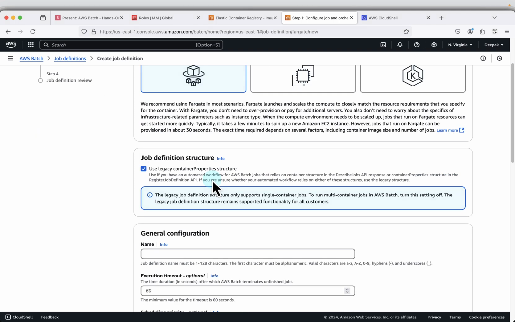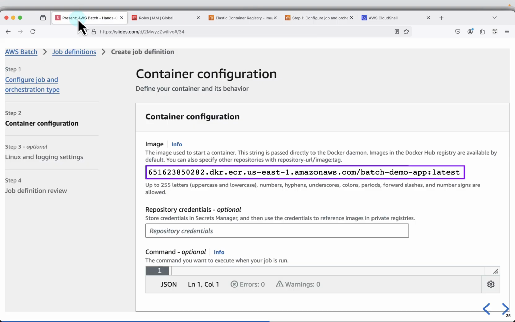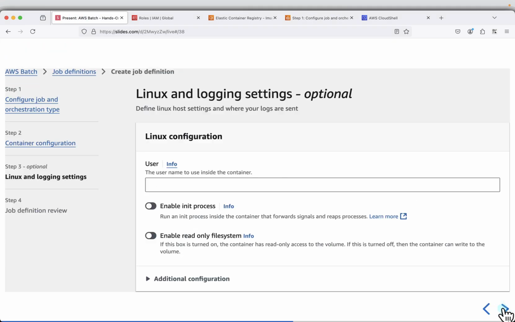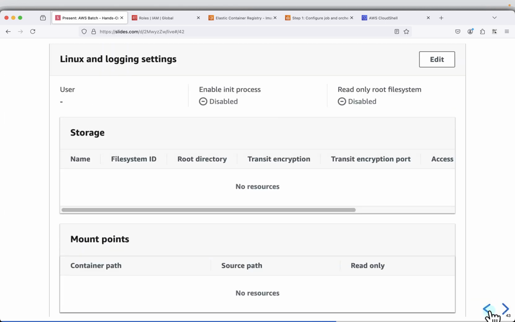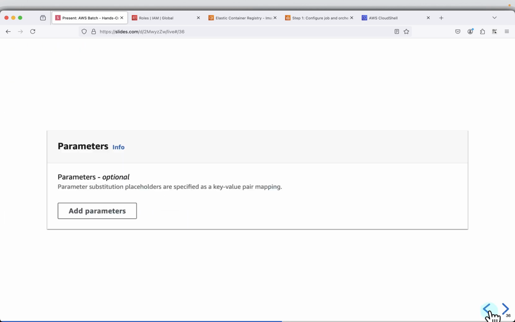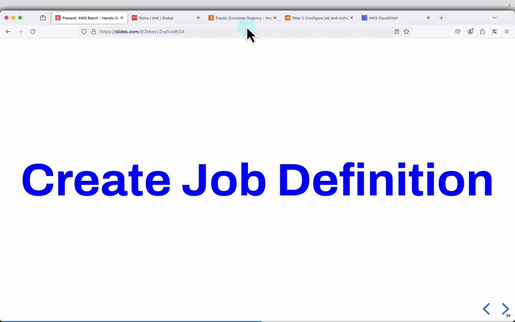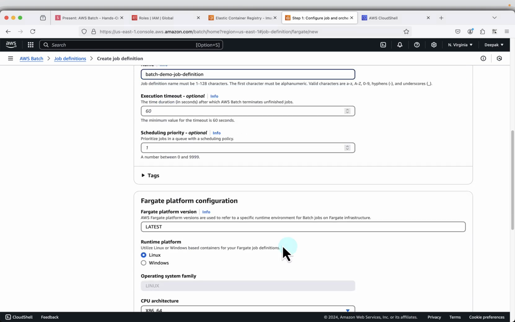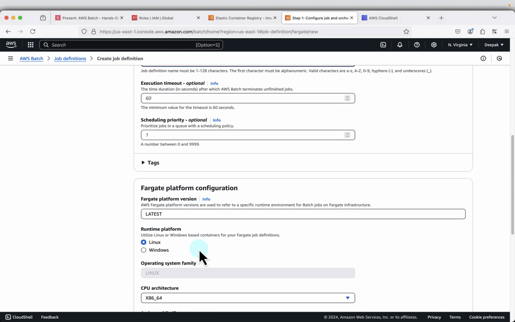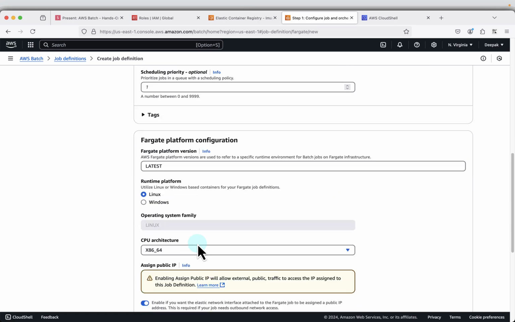default Fargate orchestration type, and provide a name. So I'll just provide a name, something like batch demo job definition. Okay, and click default option Fargate platform version latest, and Linux platform,